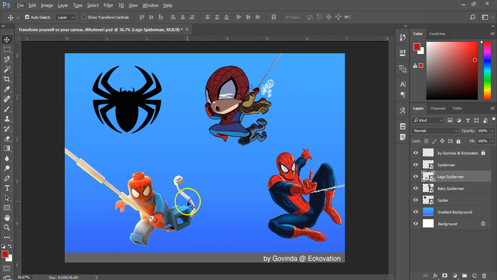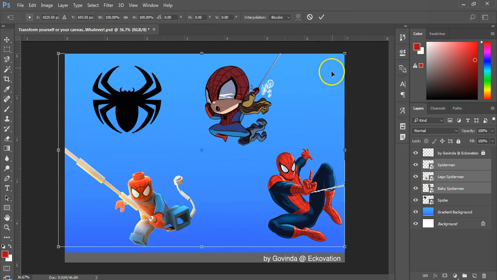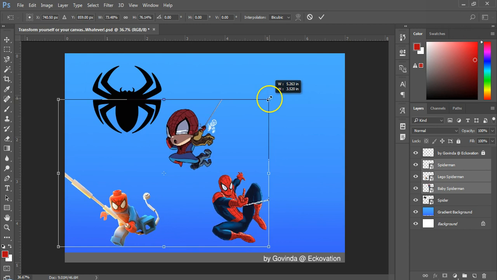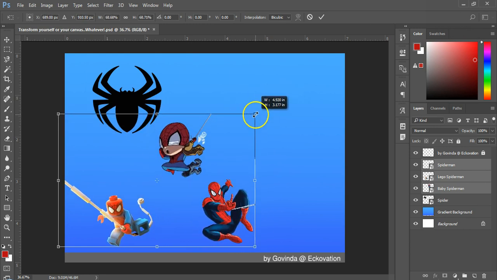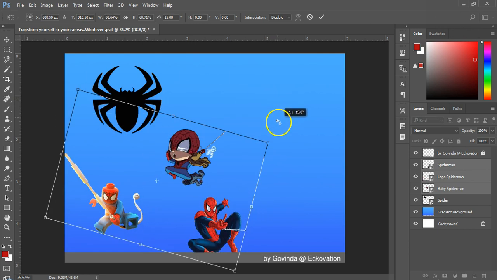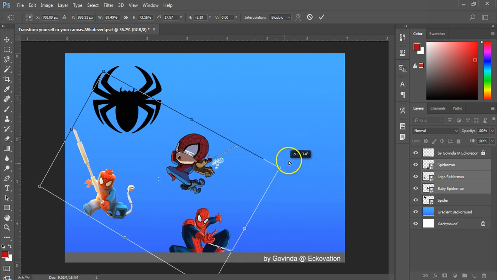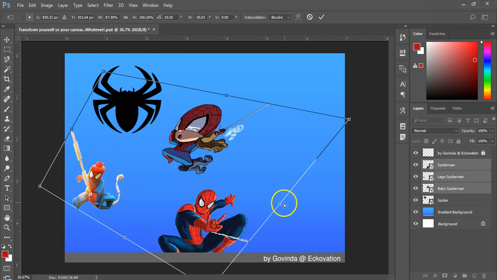Now we can also transform multiple layers together. Just select all the layers you want to transform and press Ctrl T to begin. Now remember that the transformation will take place about the bounding box that appears, or about the single anchor, which by default will be in the middle of that box. You can change the anchor point with the Alt key like I have said a few minutes back. Play around with this a bit.